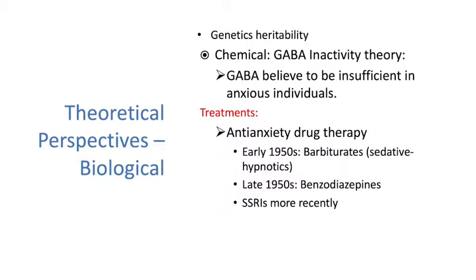We know, for example, from a lot of twin and family studies and genetic studies, that if a genetic relative develops an anxiety condition in their lifetime, the chances of another genetic relative in that family also developing an anxiety condition are much, much higher than the chances for someone from the general population, meaning there is a genetic factor that predisposes people to developing anxiety and